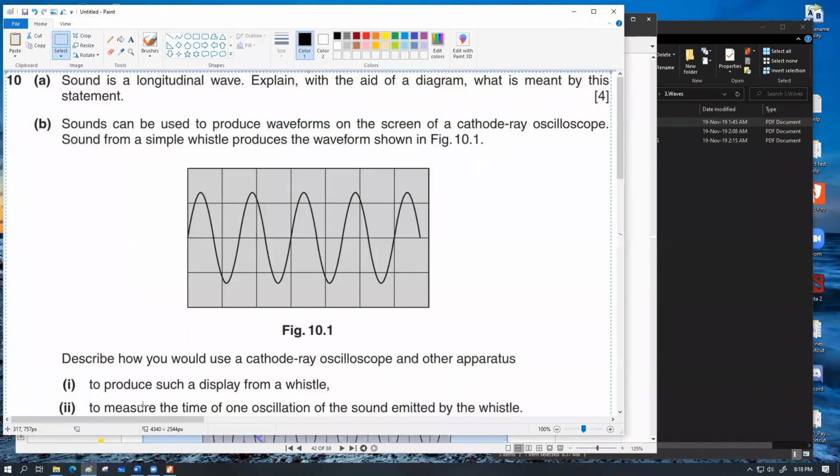Sound is a longitudinal wave. Write with the aid of a diagram what is meant by this statement. How do you do this? ডায়াগ্রাম আঁকতে হবে, কম্প্রেশন রিফ্লেকশন। স্যার diagram স্প্রিং দিয়ে দেখাতে পারবো। স্যার বলবো যে sound is